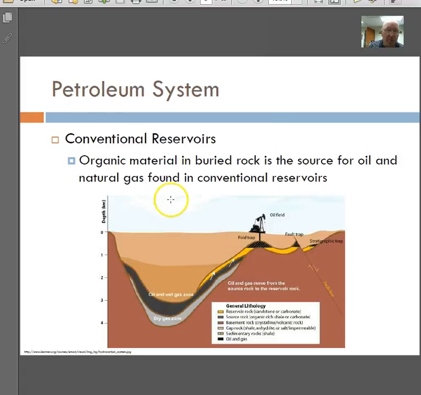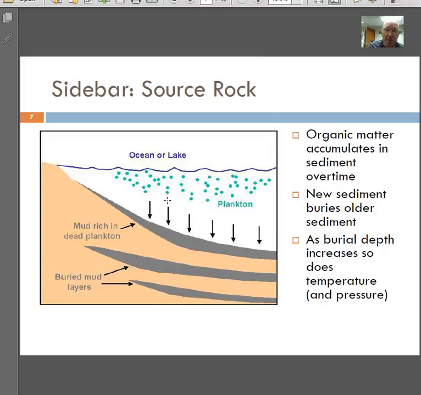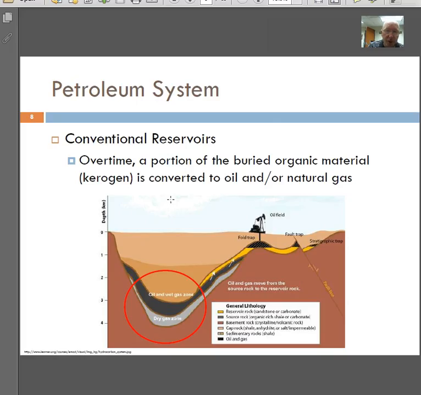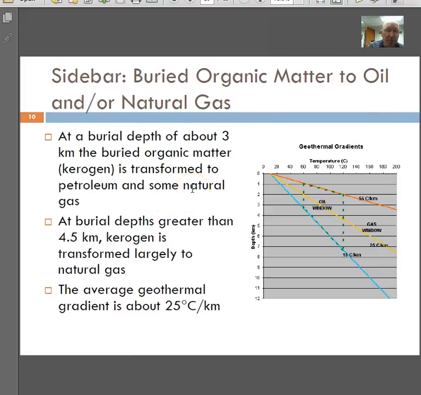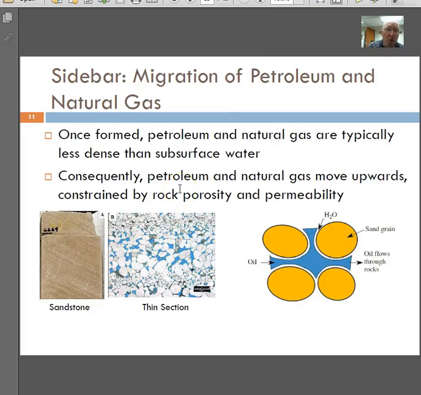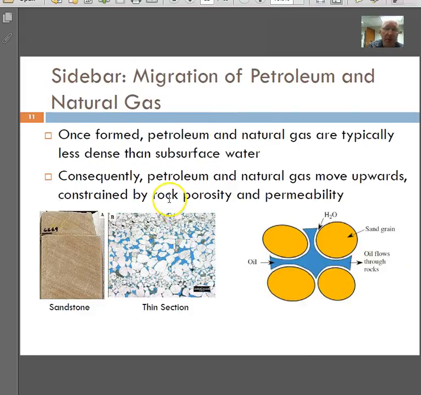The difference between conventional and unconventional is also going to be important. And so this idea of how oil forms and why it forms is important. And then obviously understanding porosity and permeability are going to help you figure out some of the answers to